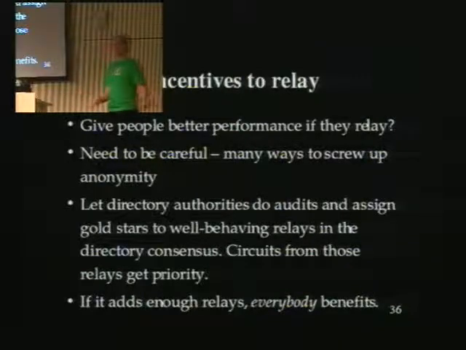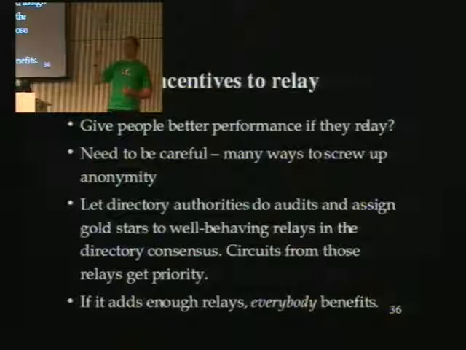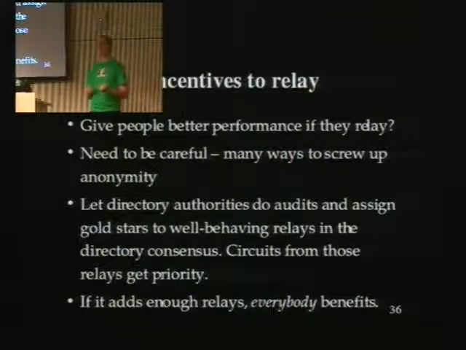So one approach that we've been trying to simulate recently and is looking pretty good: the directory authorities should make test circuits through all the different relays to audit them, to make sure that they're actually up and actually providing about the bandwidth that we think they are. And if you're a well-behaving relay, we should put a little gold star by you in the network consensus. And everybody who has a gold star gets better performance. All the other relays look at that and they say, oh, you're a well-behaving relay, I'm going to give you